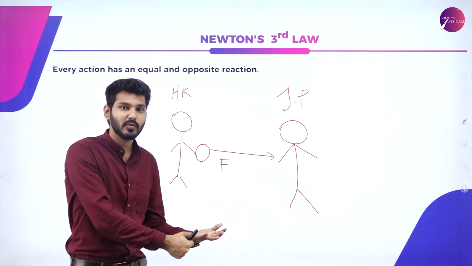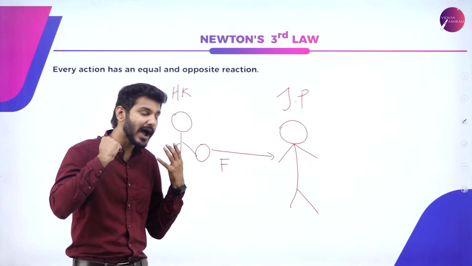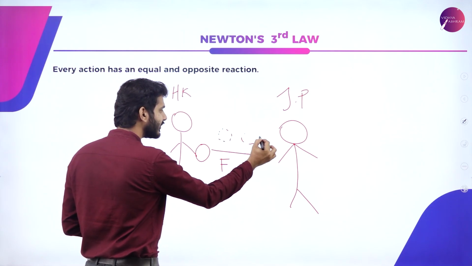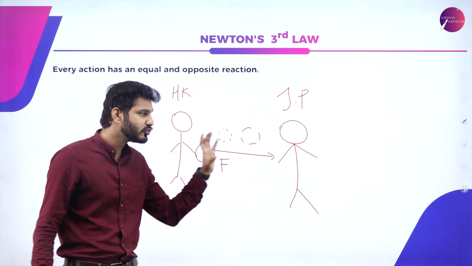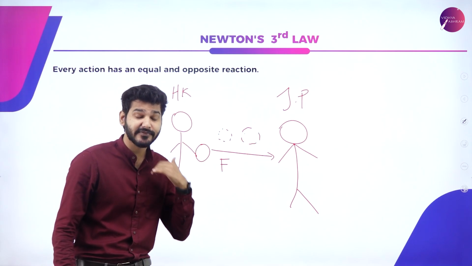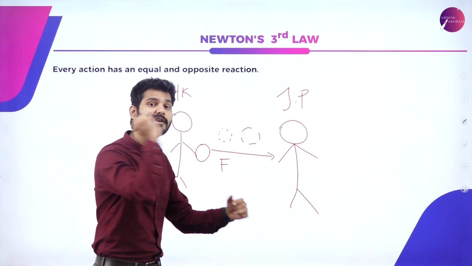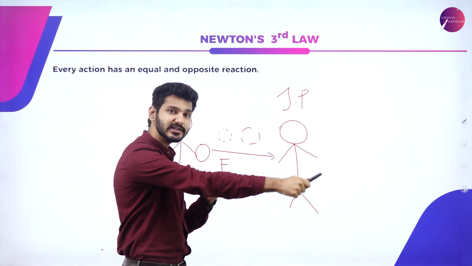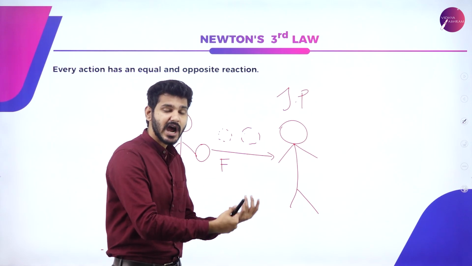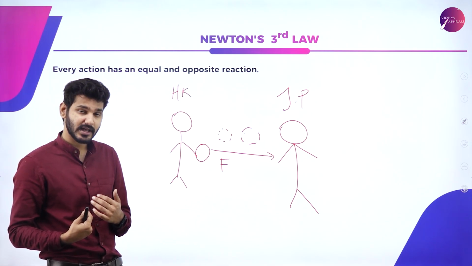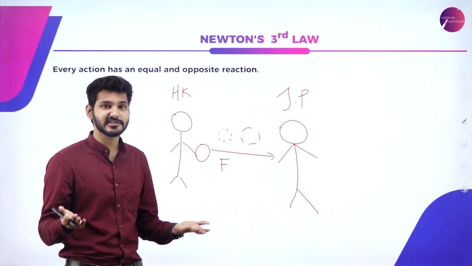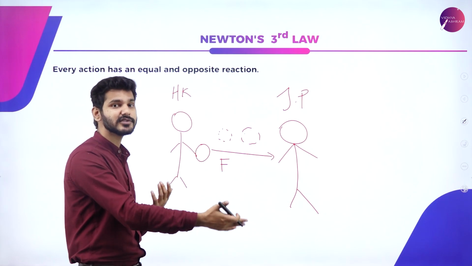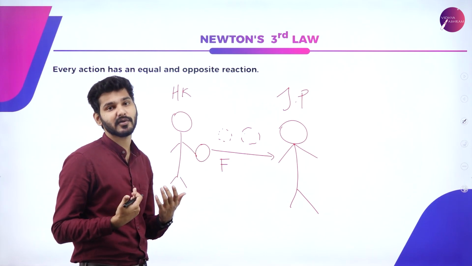But if you do that, what you can actually observe is that while the ball is moving forward towards him, at the very same instant, I will also move backwards. So if I throw a ball towards him in space, I will go backwards. You can actually prove this if you ever go to space, or you can create a situation where you apply a force onto something, and you will experience that same force backwards.